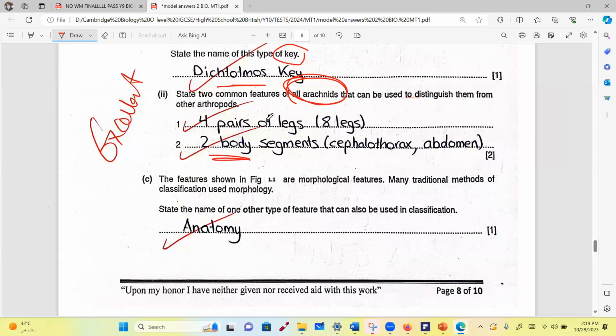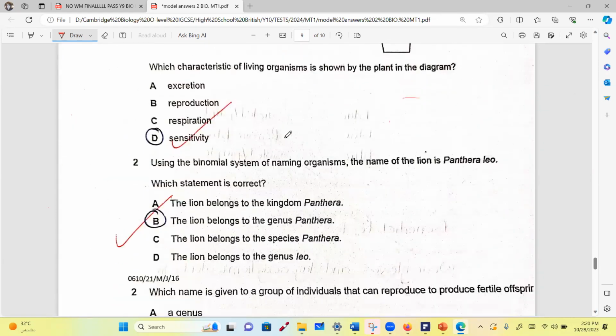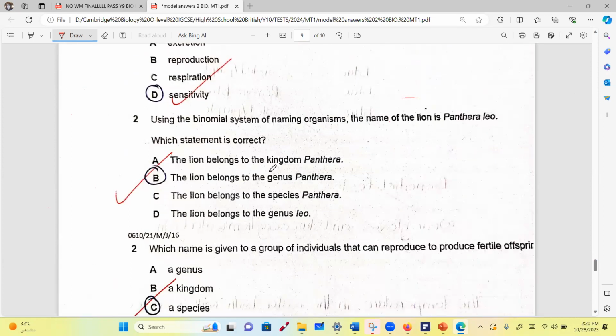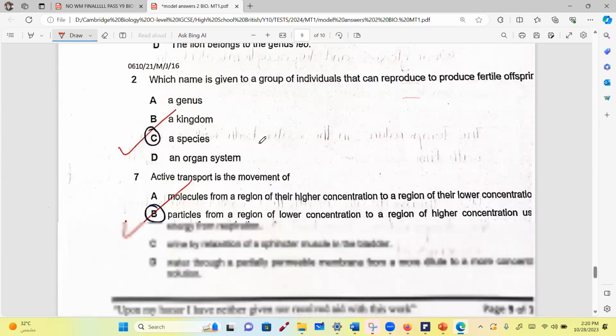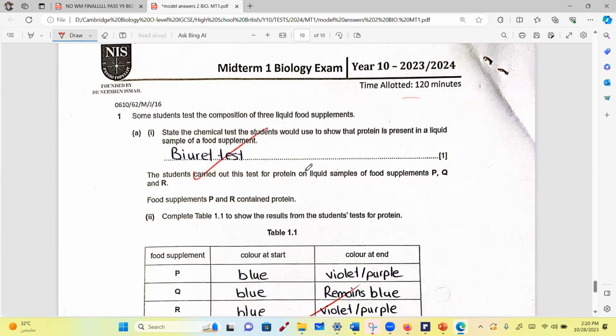I think I will consider it correct because they don't have wings. Wings are found only in insects. Okay, now all of you got this question correct, most of you, and this was an easy one. I don't think any problems. This page was very easy. Most of you got it correctly.